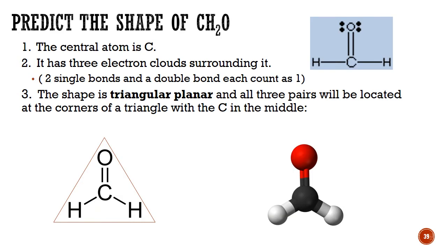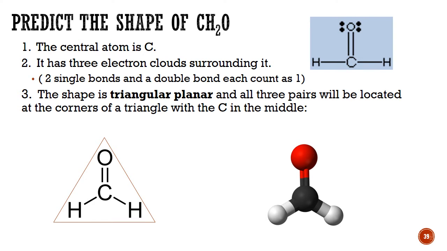All right, let's look at the shape of CH2O. Well, again, what's the atom of interest? It's the carbon. The carbon is in the center. So if we look and see what's attached directly to that carbon, there's a bond to the H, a bond to another H, and a bond to the O. Don't forget that the double bond only counts as one region because it's all between the same two elements. So in this structure, there are 3 regions of electrons, or 3 electron clouds,